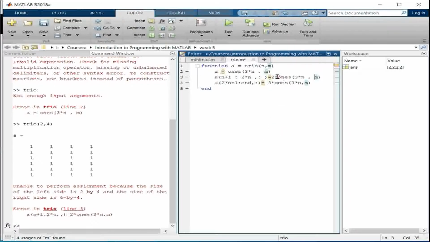It should multiply, so why is it not? Let me run it again.